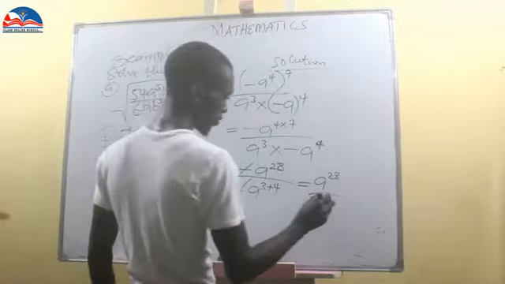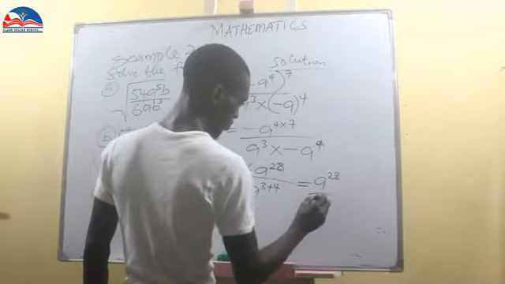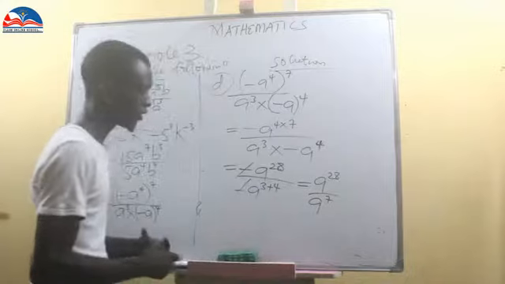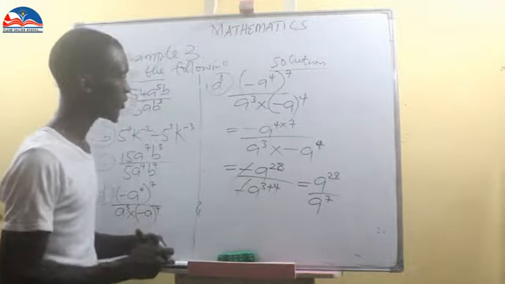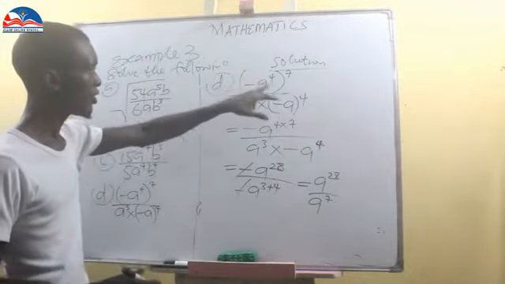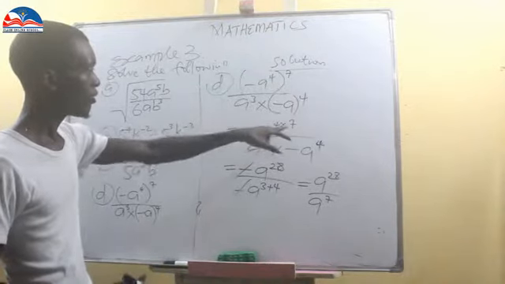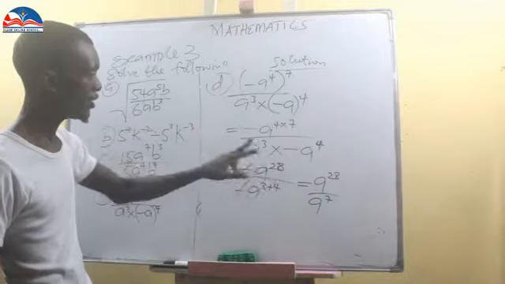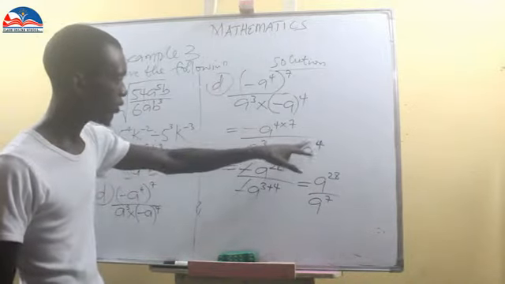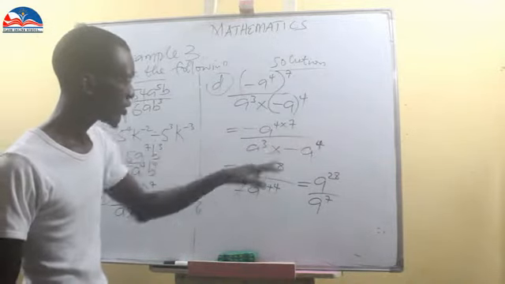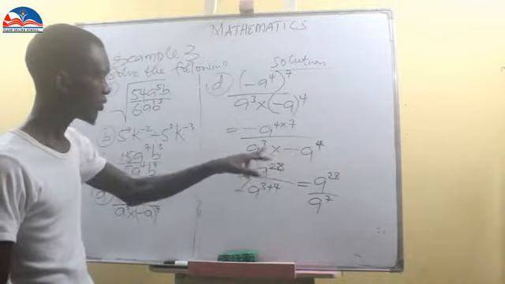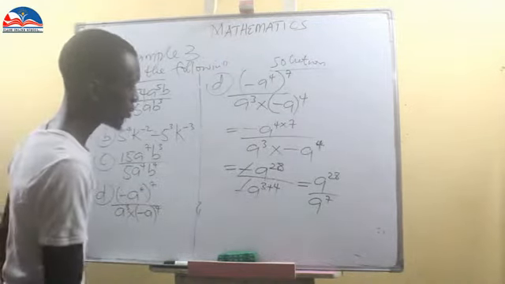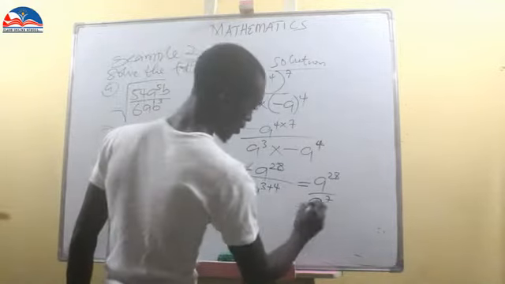3 plus 4 gives us 7. 3 plus 4 will give us 7. So this is 4 times 7, 4 times 7 is 28. This is 3 plus 4. 3 plus 4 will give us 7. So here we are going to have that it is equal to,